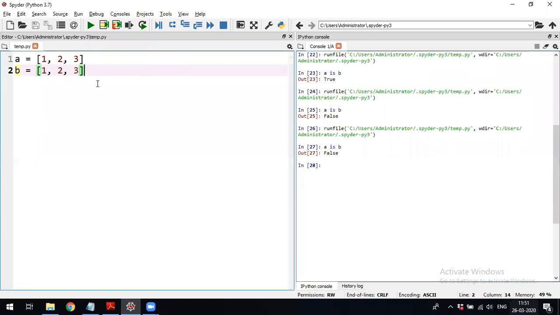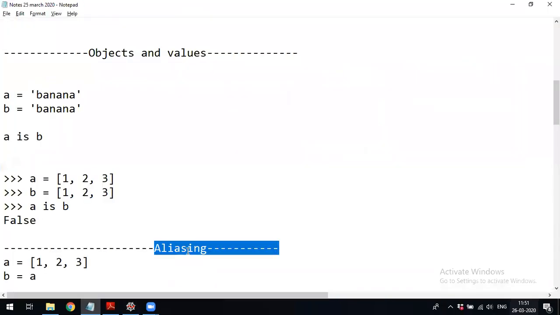In that case, what should we do? If you want both references A and B, instead of creating two different list objects, I want only one list but two different references. A should point to 1, 2, 3, and B also should point to 1, 2, 3. In that case, we should go for aliasing.